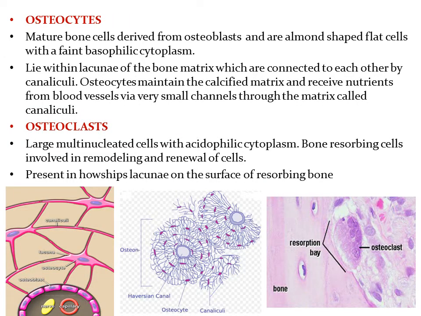The osteocytes are the mature bone cells derived from the osteoblasts and are almond-shaped flat cells with a faint basophilic cytoplasm. Osteocytes are not capable of mitosis, but they are long-living cells. The osteocytes lie within lacunae of the bone matrix, which are connected to each other by the canaliculi. Osteocytes maintain the calcified matrix and receive nutrients from blood vessels via very small channels through the matrix called